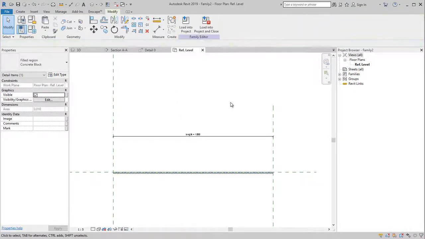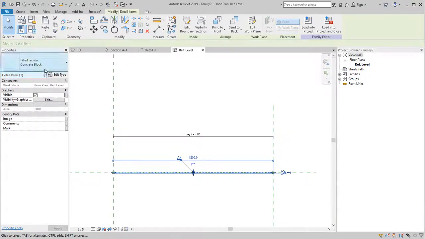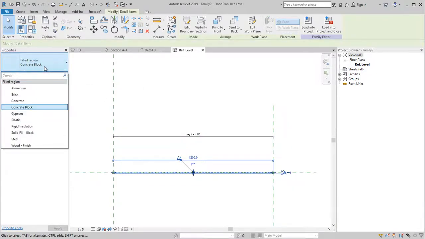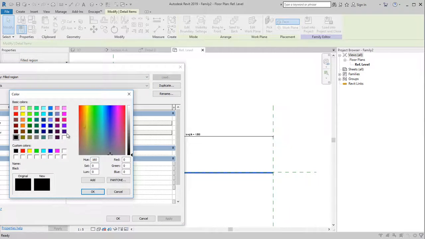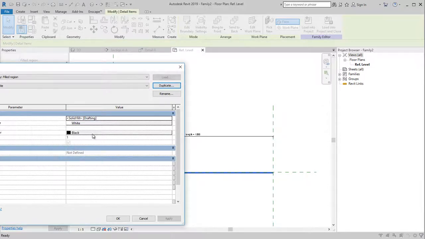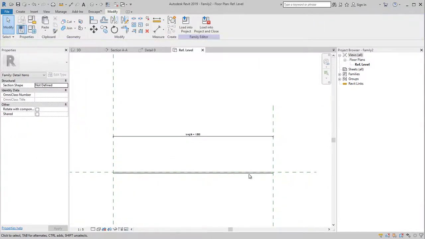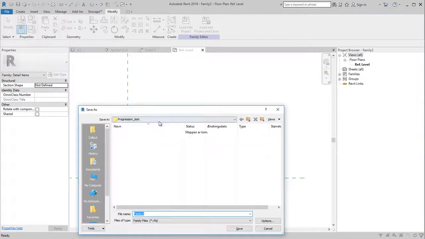You can see that our filled region is a concrete block, and we just want this fiber cement to be white or have a white fill pattern. So we duplicate the black one into white and then change the color to white. Before we finish this, it's a good idea to see if it works as a line-based family,